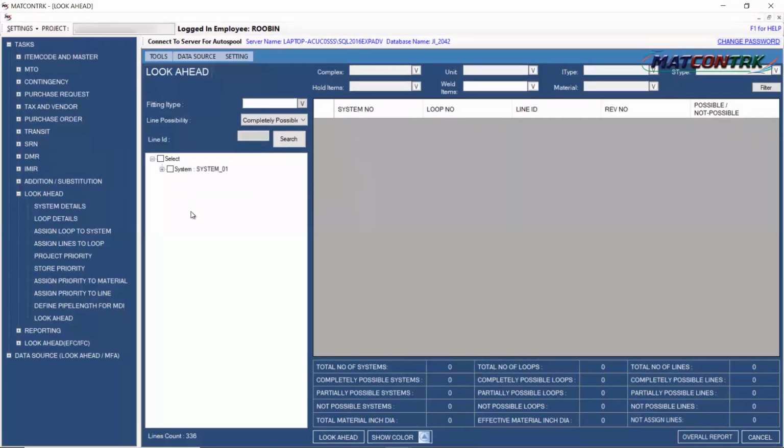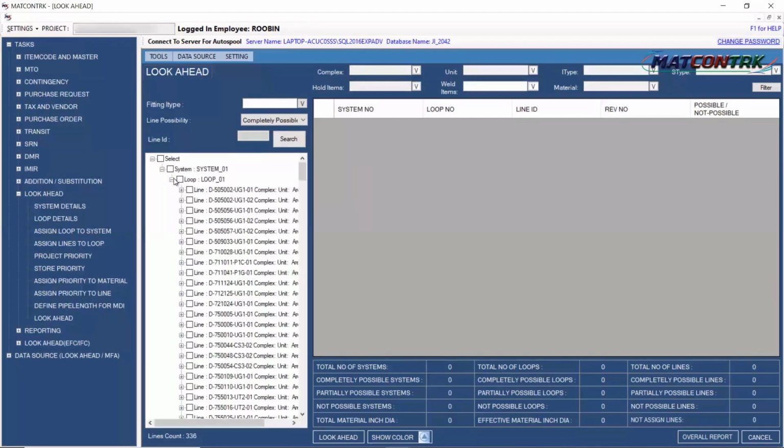So for this particular analysis, I have considered the inspected quantities. I am going to select these particular lines. I am supplying exception input, like if any fitting type I am looking to provide the exemption, I can untick that fitting type. I am setting here my possibility result. I am looking for the completely possible results, not for the partial possible results. And further heads are available for the filtrations. If required, we can filter those as well.